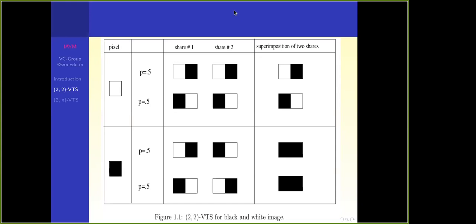When you are combining white and black, it will become a little lighter than black. But what I want to say is that from the shares they cannot get anything. An independent person does not know whether it corresponds to white or black, so they do not have any information about the original. So it is 100% perfectly secure.